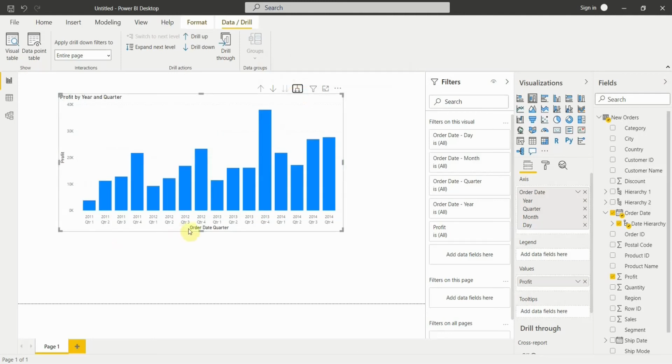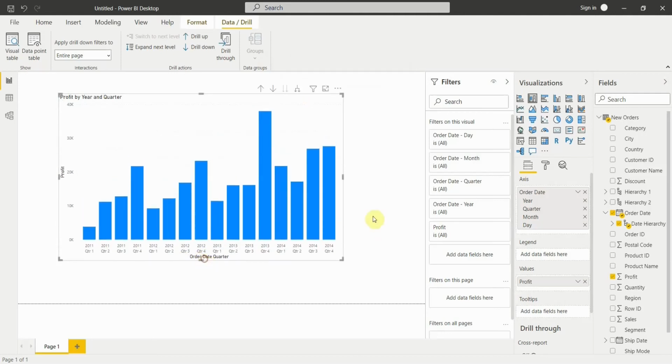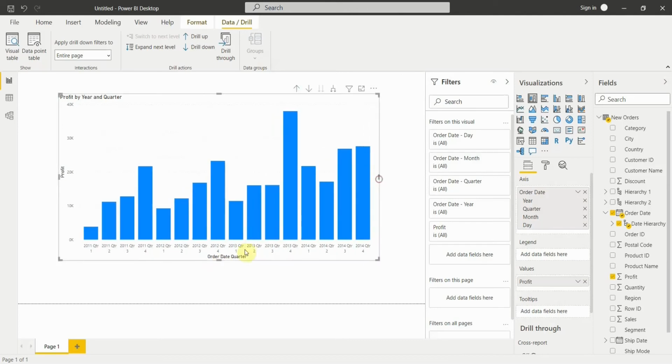It will further break down the year into quarters. If you see, it shows you all the quarters: 2011 quarter 1, 2011 quarter 2, quarter 3, quarter 4, and then again 2012 quarter 1, 2, 3, 4, and so on.